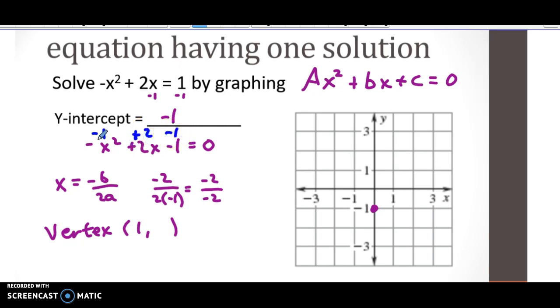So I have -1 plus 2 minus 1, which is going to cancel to 0. So 0 will be this coordinate. So my vertex will be over 1 and up 0. So now I have my vertex and I have my y-intercept. And if this is my vertex, and I know because of my negative